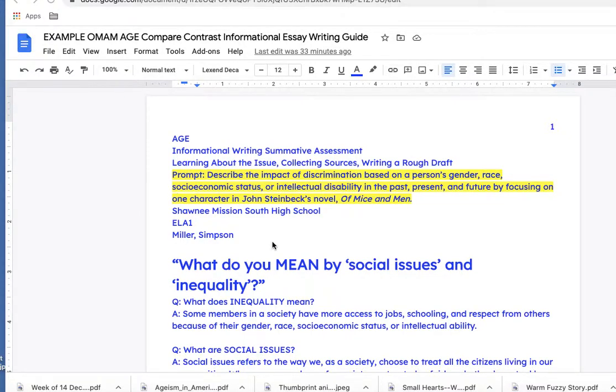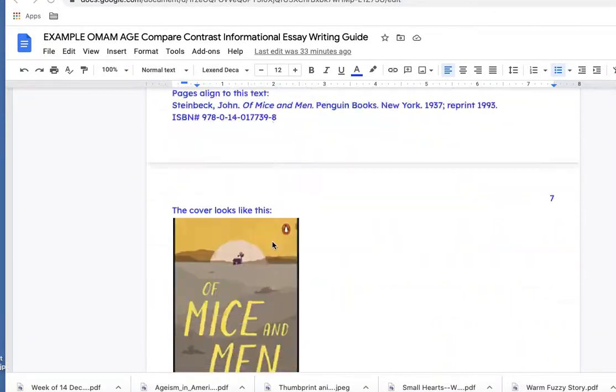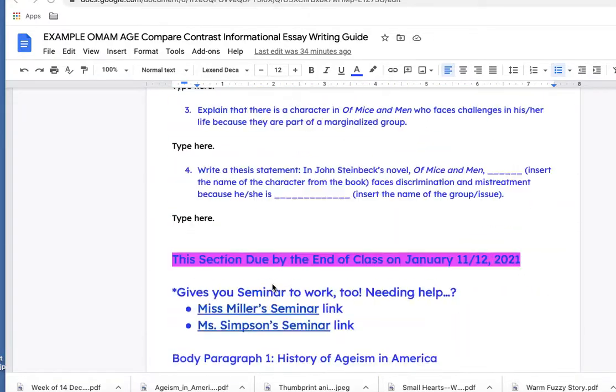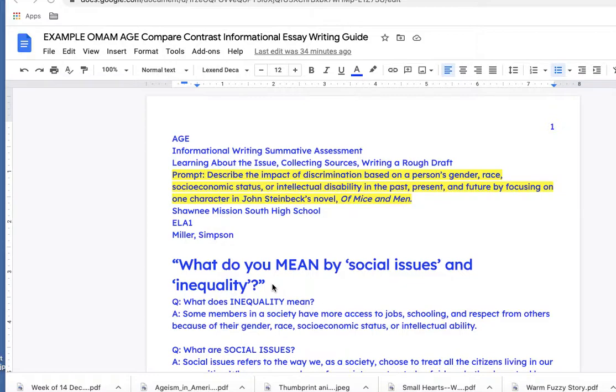So first off, you're probably going to notice this is a large document. This is 10 pages, and we haven't even typed anything yet. If your student comes to you saying that this is a document that they were assigned as an overnight assignment, that is not accurate. What we're doing is we're taking 2 to 3 weeks worth of work, consolidating it into